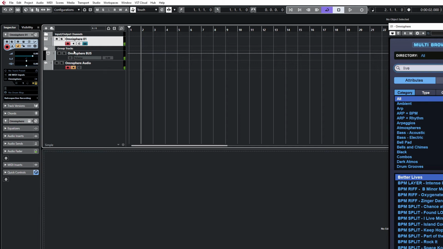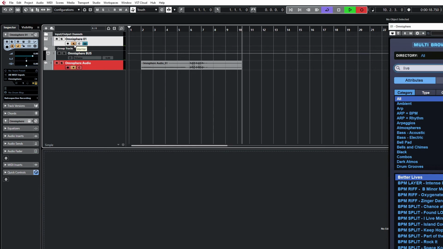Now if you want to record MIDI and audio at the same time, just record enable both tracks. If you just want the audio, disengage that one, and when we play, we get nothing because I haven't pressed the monitor. If you're going to disengage the record enable, you need to also press monitor on that. So